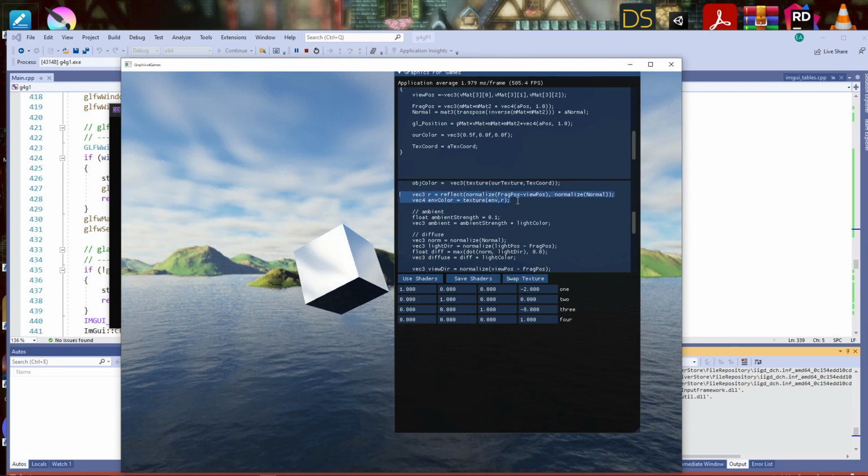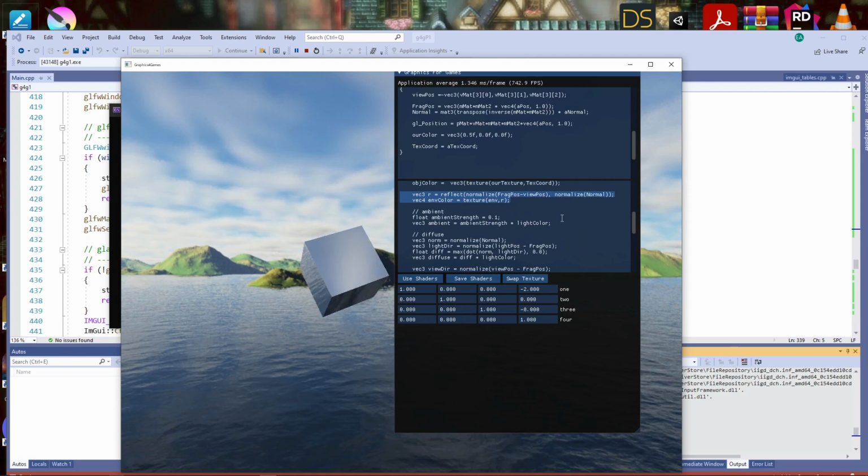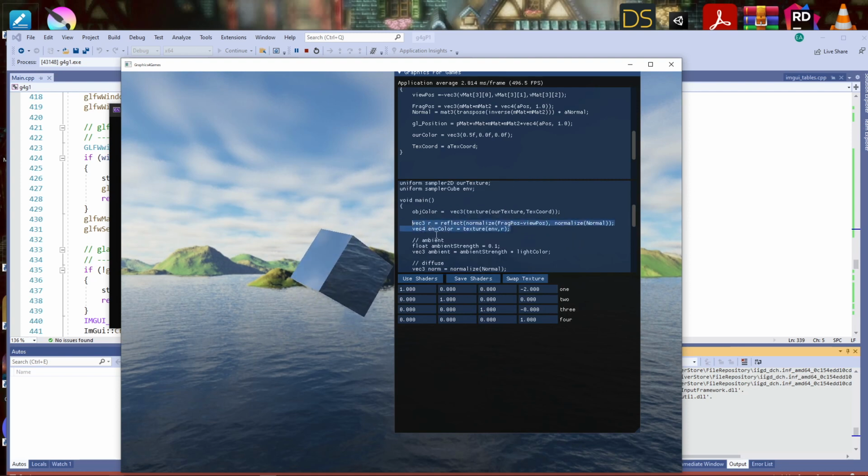Right here, this set of lines is similar to our specular, if you remember, right down here, where we calculate the reflection from the direction of the light according to the normal. In here, we're figuring out the reflection, taking the fragment's position, the viewer's position, and reflecting that to create this new sampling vector that points at the cube.